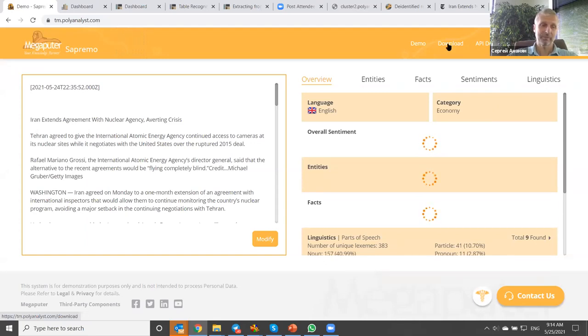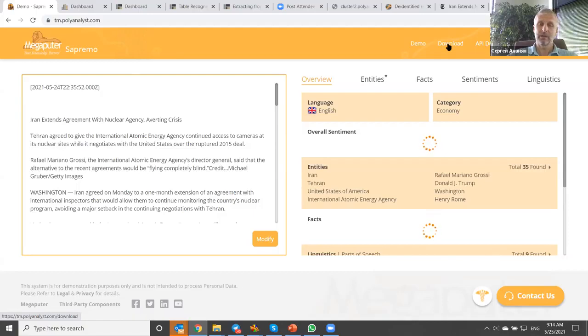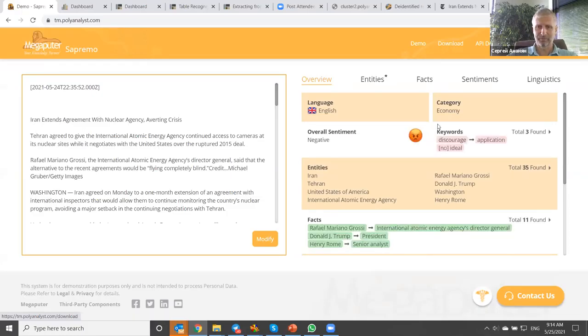So we have companies that are running their own text analysis systems based on this module. And you see this is just a simple example. So PolyAnalyst is capable of extracting entities, facts, and you can extract standard things, or we support a special language.